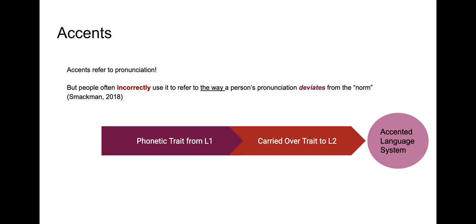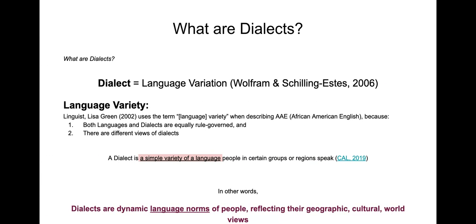I guess sometimes we can say that phonetic traits or accents deviate from the norm, whatever that standard English norm may be in your frame of reference. The point is that what is normal, and again, sometimes people can have accents and they don't deviate from the norm. It just sounds different from your normal. So you have to be careful of what the norm means. Okay, so what are dialects?